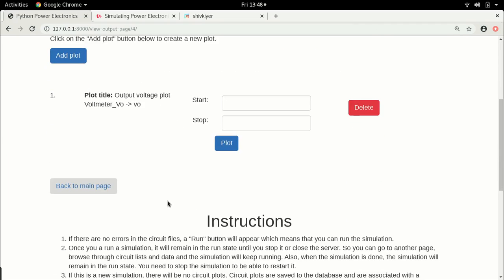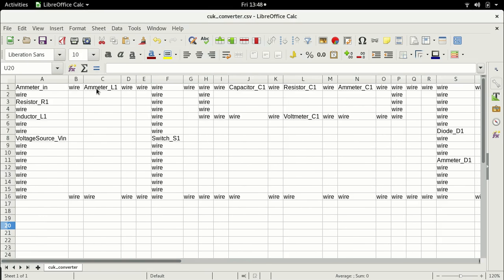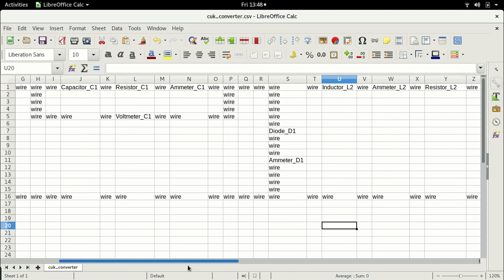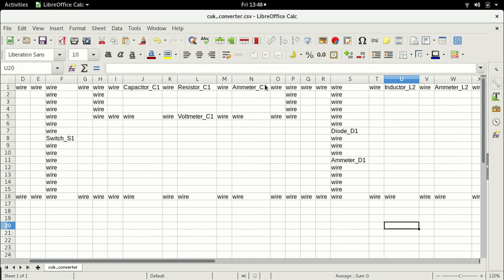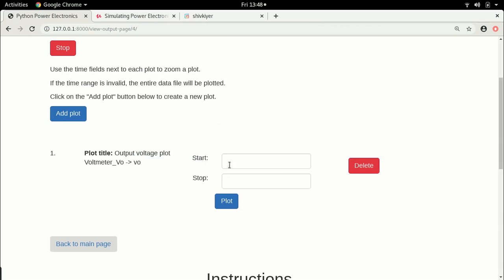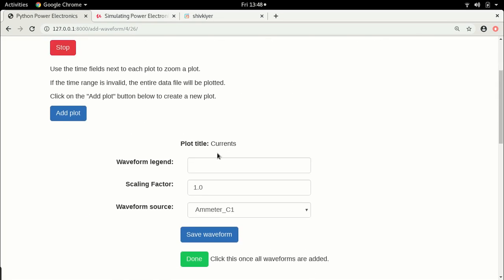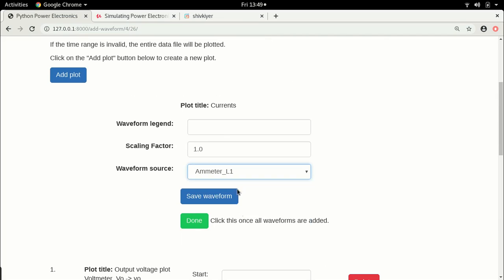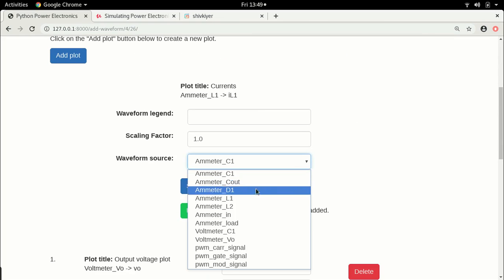So let's go and plot some more currents. So what are the currents we can plot? We can plot the ammeter L1. These others are the same, so we don't have to plot it. We can plot the ammeter L2, and we can plot also the ammeter C1. So let's do that. Let's plot all the currents together. Currents, and here I will say ammeter L1, IL1, save,